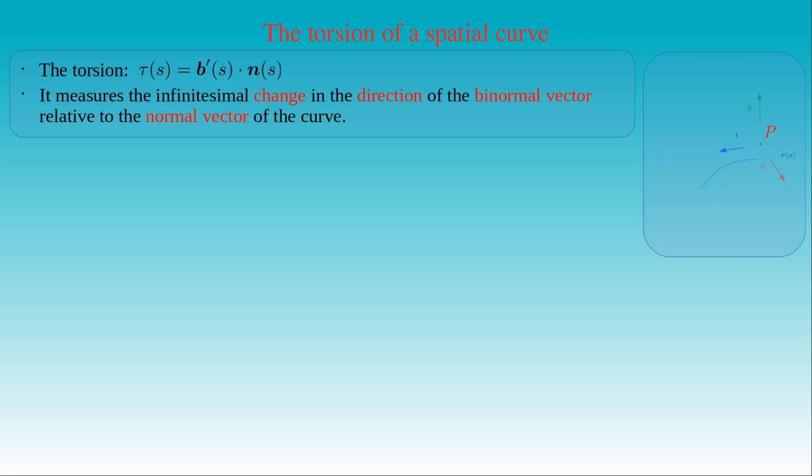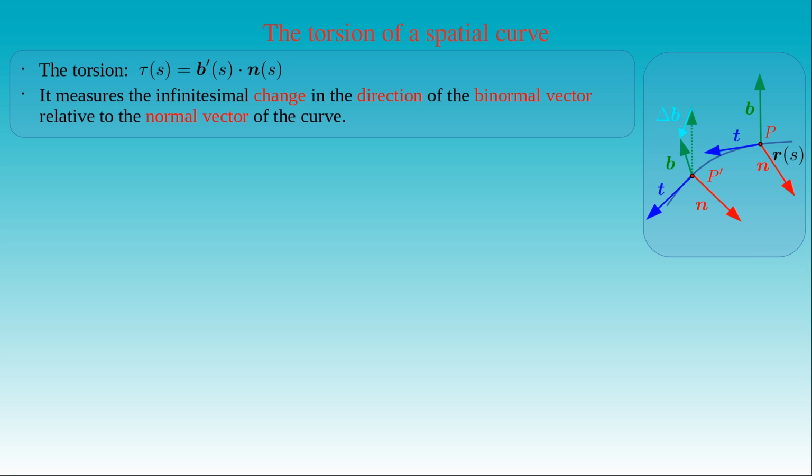Here we can see the Frenet-Serret frame at the point P on the curve Rs. When we move along the curve from the point P to the point P', the frame also moves along the curve. In the case of a general curve, the directions of the frame vectors will change with respect to those of the frame vectors at the original position. Now we can translate the binormal b from the point P to P', and take the difference vector delta b between the translated vector and b.